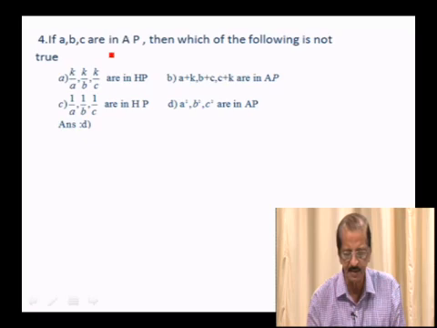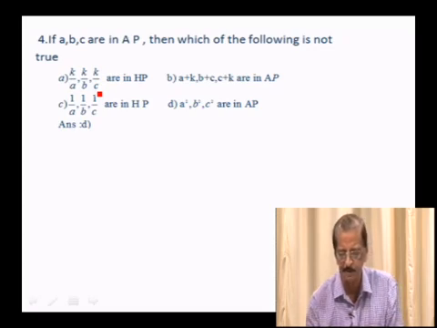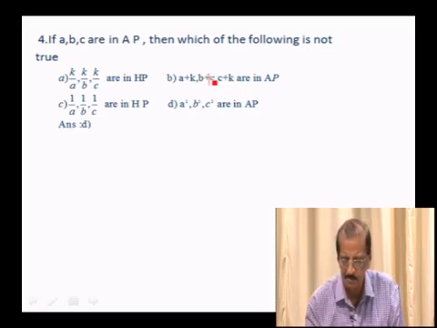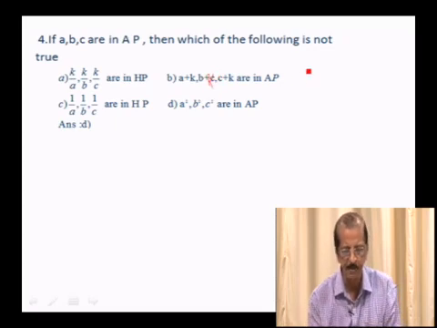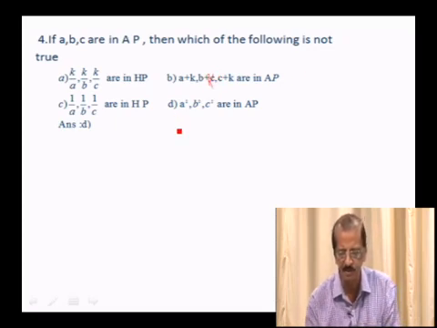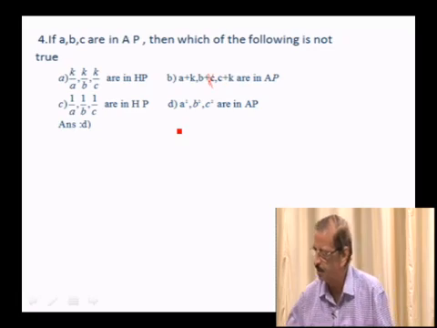If A, B, C are in AP, then which of the following is not true? A, K by B, K by C are in HP; A plus K, B plus K, C plus K are in AP; 1 over A, 1 over B, 1 over C are in HP; A square, B square, C square are in AP. So here,